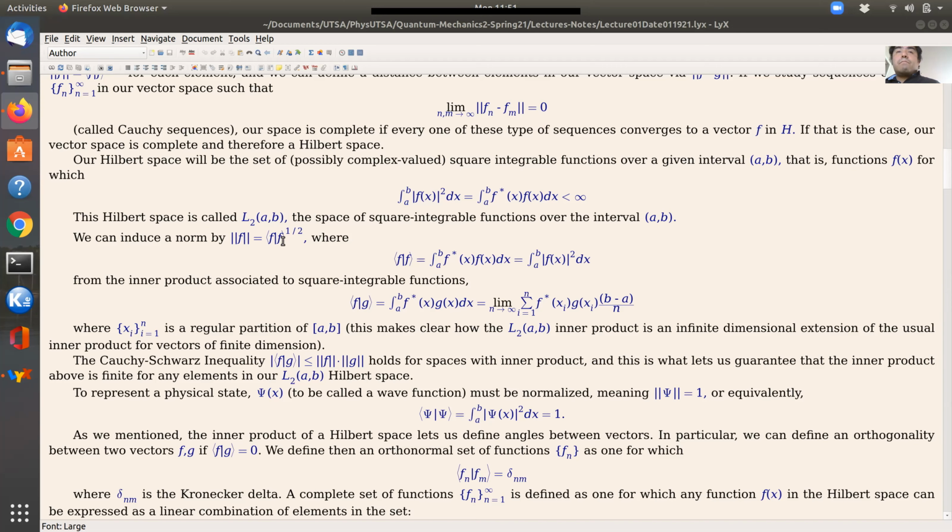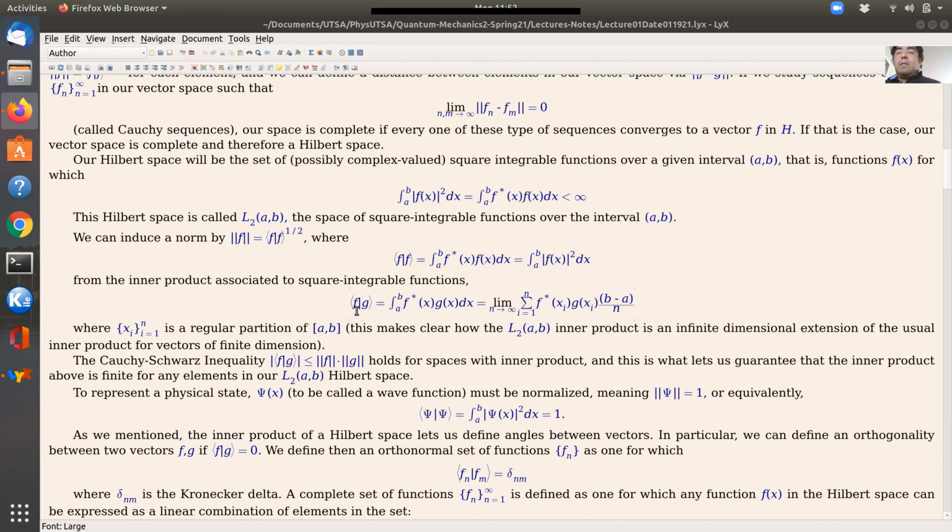And we can induce a norm, again, by defining as the norm the square root of the inner product with itself. Using this particular definition of the inner product, if you take the inner product with itself, you have the integral of f star f, which is the same thing that we had before. So we're basically asking that the norm, the way it's defined, is not infinite for our elements. And to clarify what inner product we are using for our space of square integrable functions,